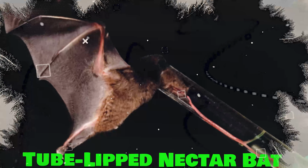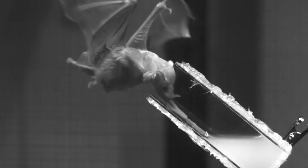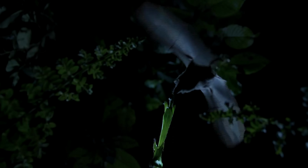Number 10. The tube-lipped nectar bat. A tube-lipped nectar bat can suck nectar from tubular blooms thanks to its longer than normal tongue. The tube-lipped nectar bat, which has a tongue that may grow up to 3 inches long, is a unique illustration